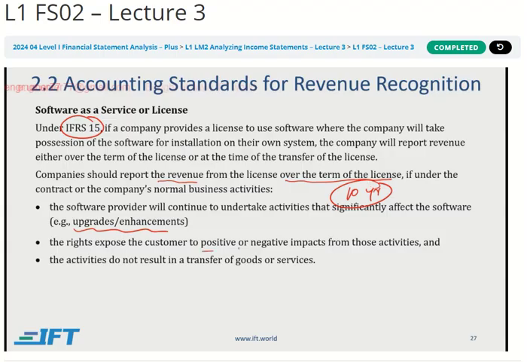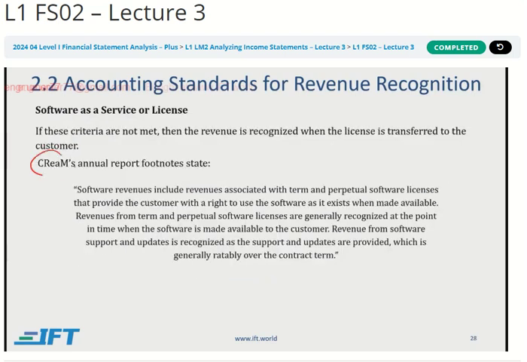And the customer could be positively or negatively impacted by that. So hence, there is not a transfer of good that is taking place. You are giving them a continuous service over 10 years, and that's why you have to record the revenue over 10 years. And in this particular company's annual footnotes, they have said that, okay, we have these software